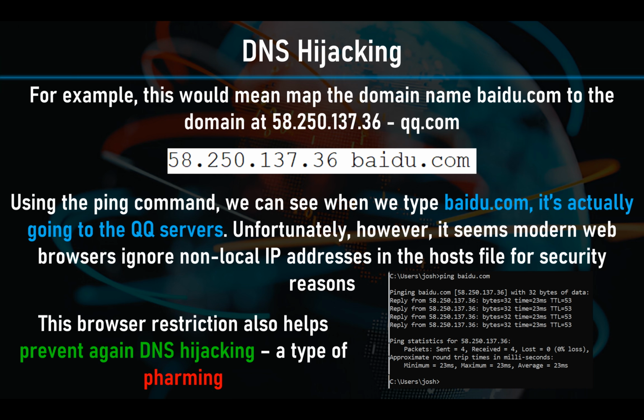I think in the other PPT I actually showed it. If you want to try this yourself, you can just type in host file Windows, or host file Mac. You can find the location of this. Then, if you try to add these custom DNS records, potentially you can actually redirect traffic. So in this case, this 58250 is actually the IP address of